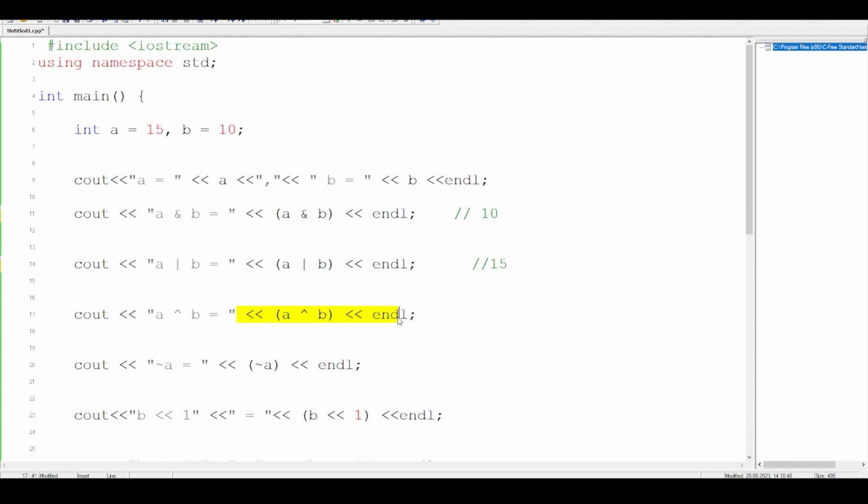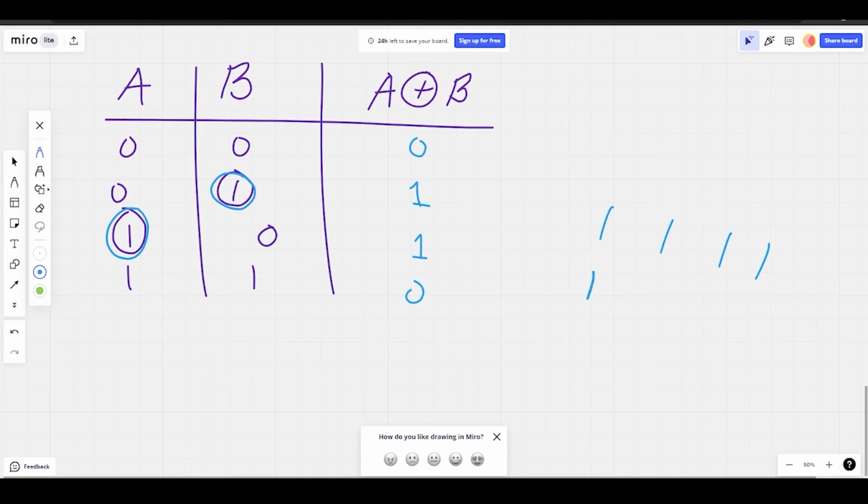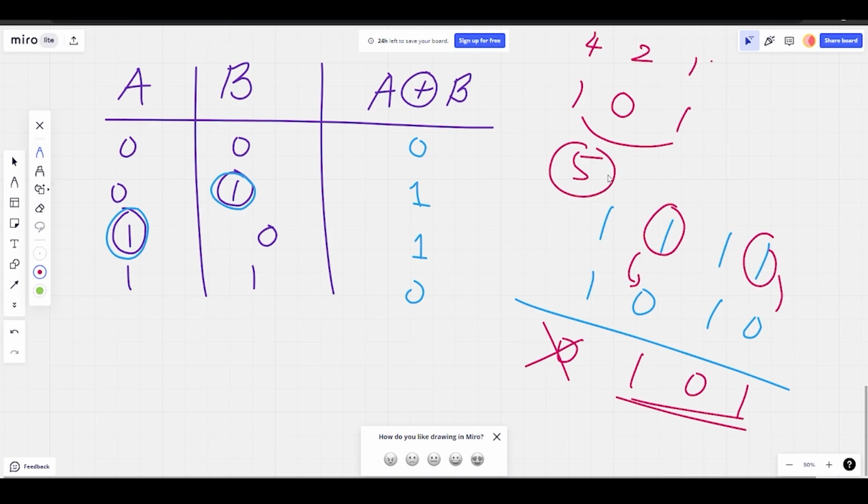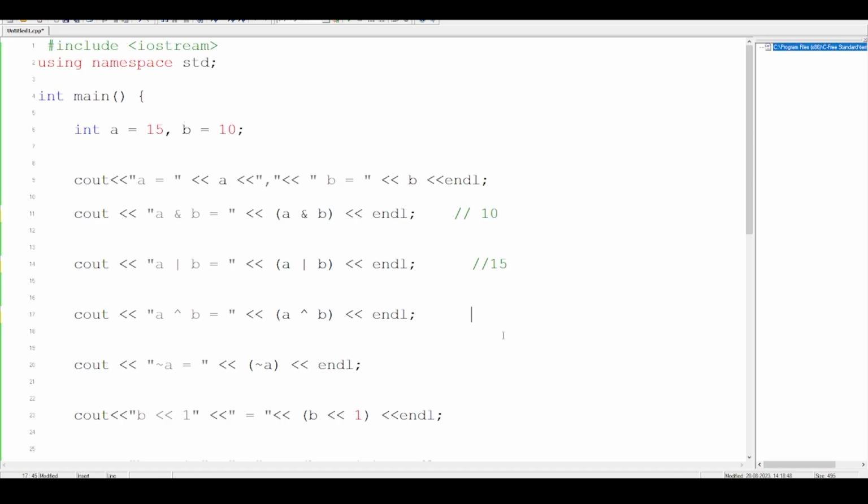Now, this is XOR. How XOR works is, as I have told you, if a single one is 1, then it will be 1 here. So the answer, if I'm taking 15 and 10, I have written here 15 and 10. If you see here, only on the second part this is 1. Only one is there, and this is 1. So this will be 1, this will be 1, rest will be 0. This 0 doesn't make any sense. So what is 1, 0, 1? This will be 1, 2, 4, 5. So I'm getting the answer as 5. So here it should print 5.